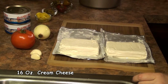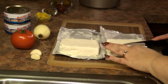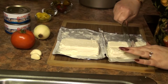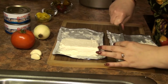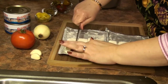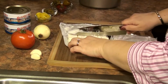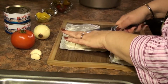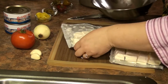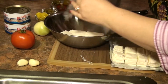Okay, now I'm starting with 2 8-ounce bricks of cream cheese. I'm just going to roughly kind of cut them up to get more surface area. Just a couple of quick chops. Neatness doesn't count here. There we go. I'm going to put them in this bowl, just like that,